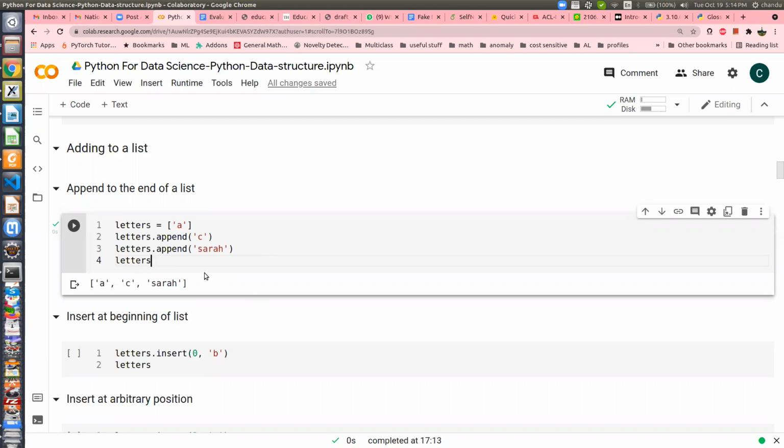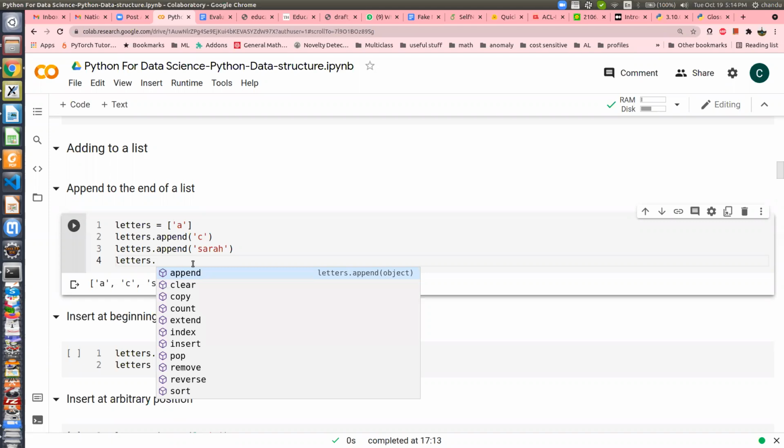So append is a function or method. In Python, when you want to call some function, you type a dot, and when you type dot, if you are using some interpreter or Jupyter notebook, it shows how many functions you can call with this object.